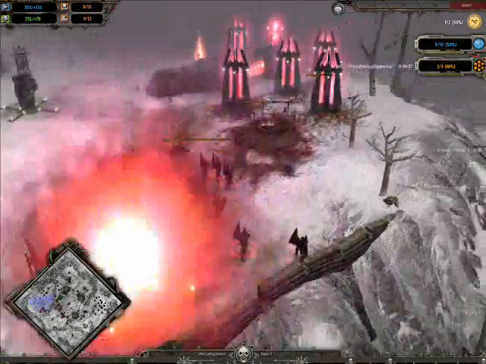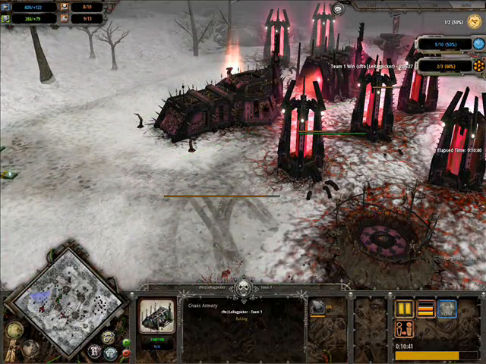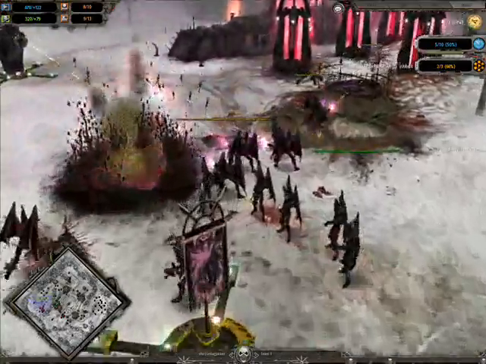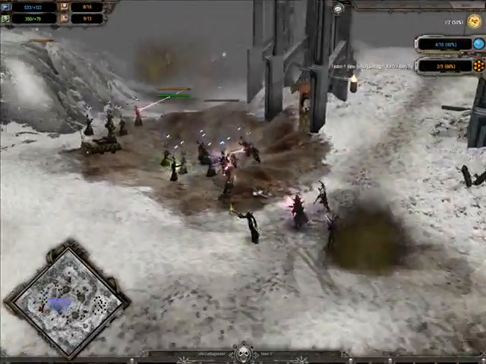Going down already. Let's see how we're doing with tech. Nearly at Tier 3. We've nearly got this Purge of the Week upgrade, and I feel like the Sacrificial Circle is going to be really vulnerable for the next few minutes while these Scourges are pummeling and everything. The Defilers are doing their best over nearby, and looks like the Scourges...